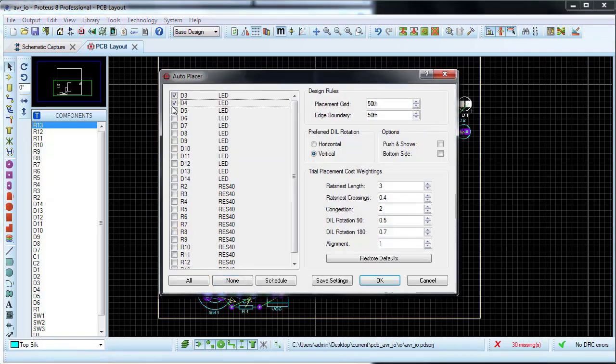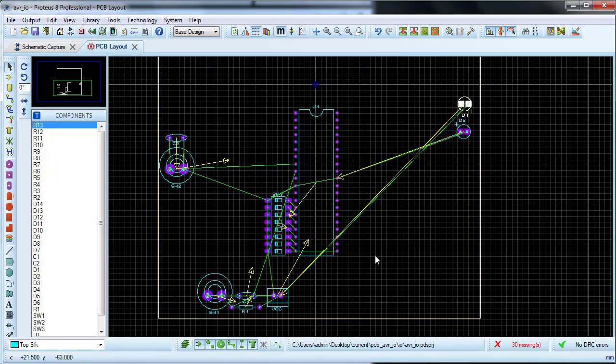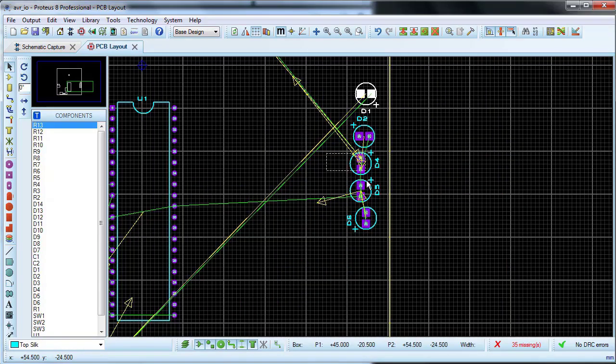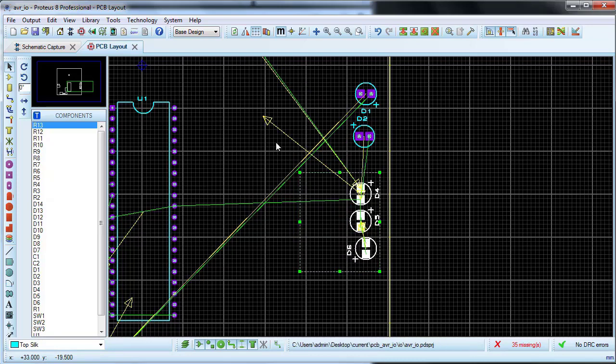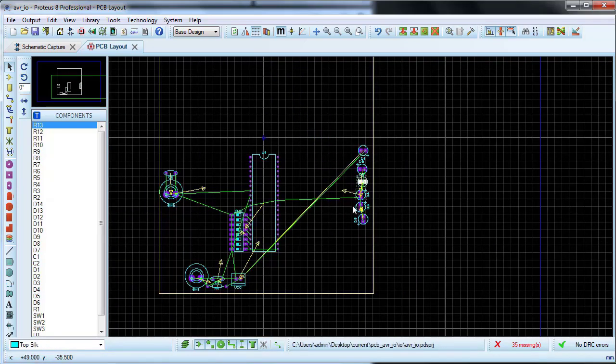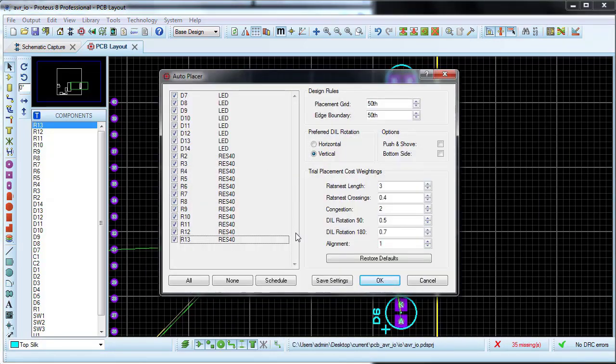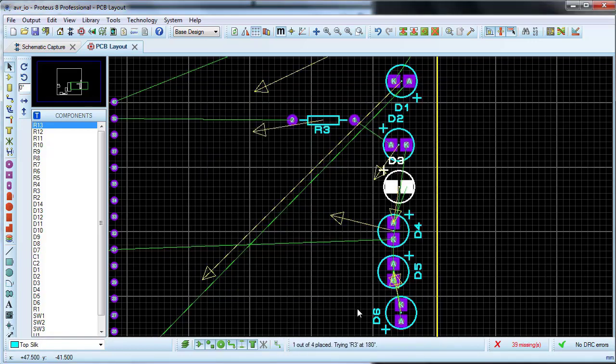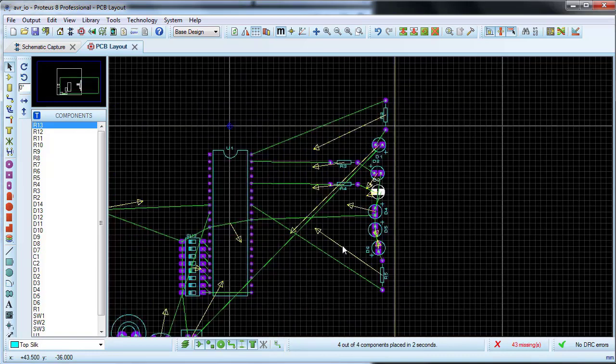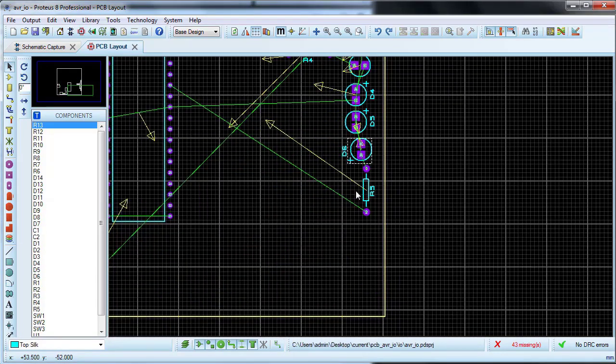Select the other LEDs. Arrange the location of the LEDs, approximately. At this stage, bring the resistors. Now adjust them carefully.